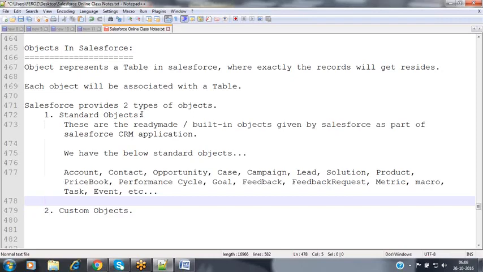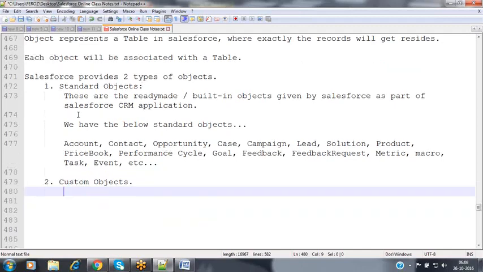Like that, I would like to store different data, but these objects are not available in Salesforce by default. So they have given us the provision that not only using the standard objects, we can create our own custom objects based on our need. Salesforce gives us that flexibility to create our own custom objects.